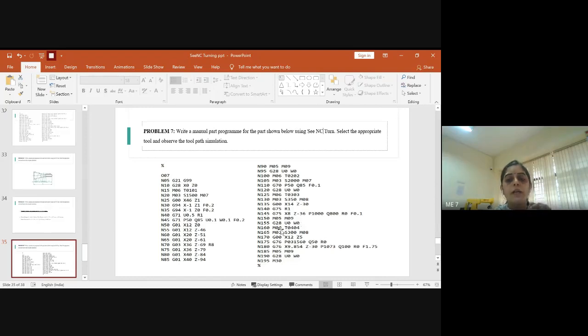So after this, you will select the tool for the thread cutting operation. As you have seen in the video of the previous CNC turning operation, you assign all the tools initially, and you select all the tools necessary to do all the operations. So from there, you will select tool number 4, right? After this, don't forget that you have to turn the spindle on, provide the value for the spindle speed, and then turn the coolant on.